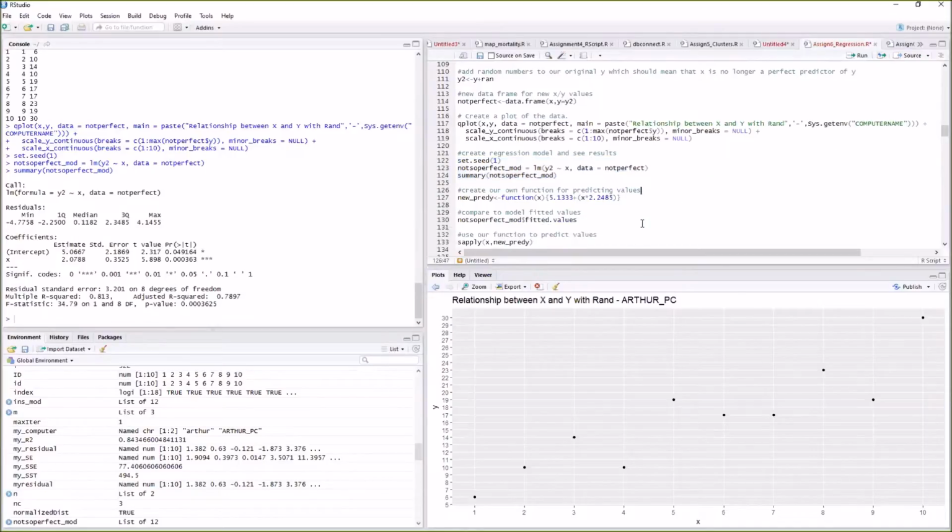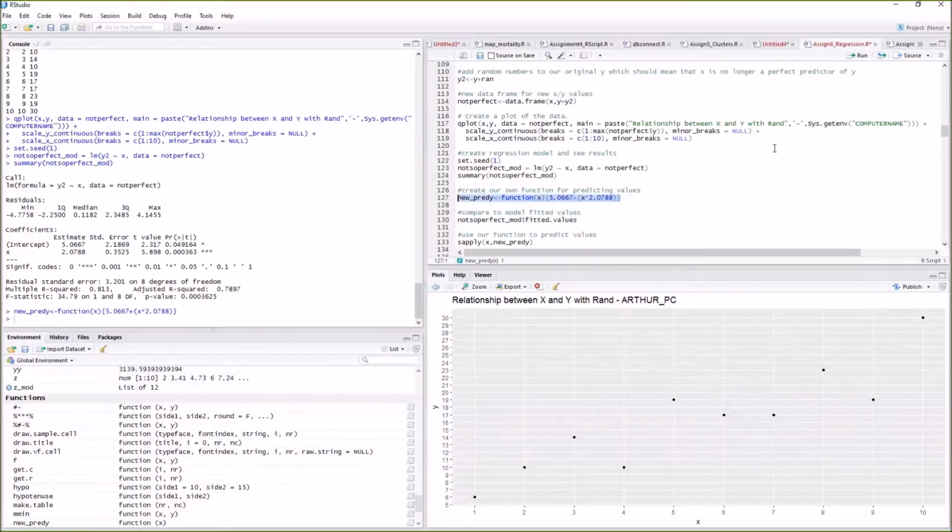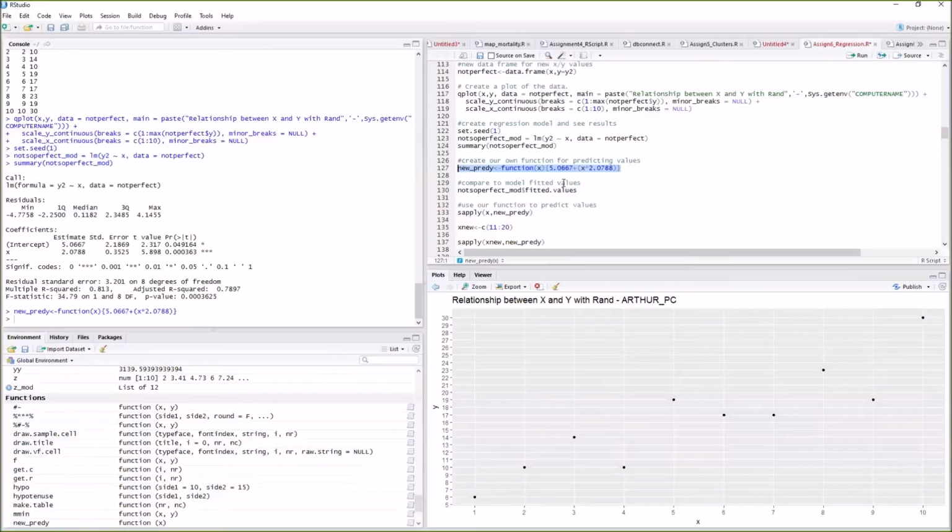But we can still build another predictive function if we wanted to off of this, and we can just come right in here. We can see that our intercept value is equal to this number, so we know if we are building a function, it's going to be equal to the intercept plus x times its coefficient. And then if we build this new prediction y function, we can actually use it to tell us what we would expect our